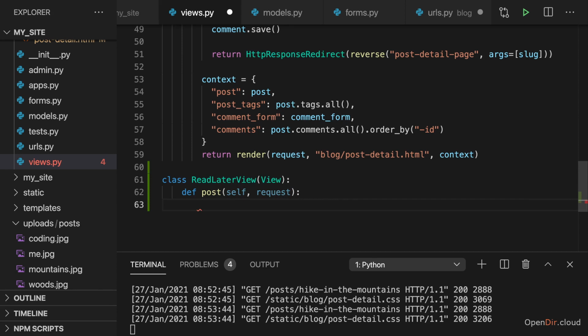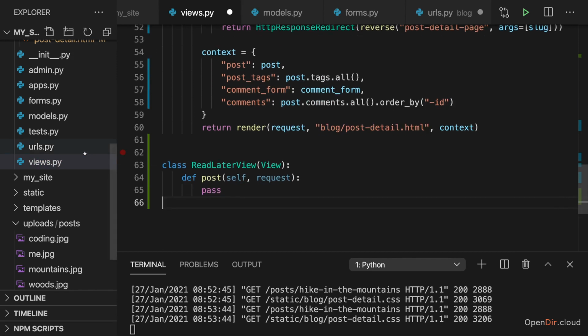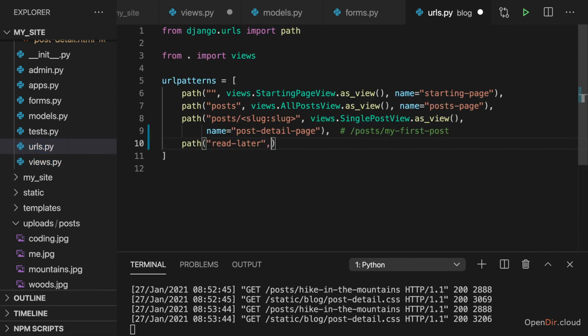And in here, I now want to manipulate the session of this user and add this post to a list of posts which are saved for reading them later. Now we'll work on that in a second. For the moment, I'll pass, and I'll go back to URLs py